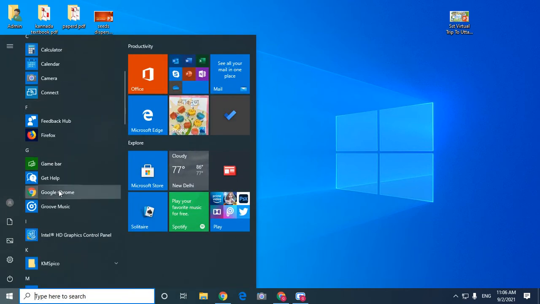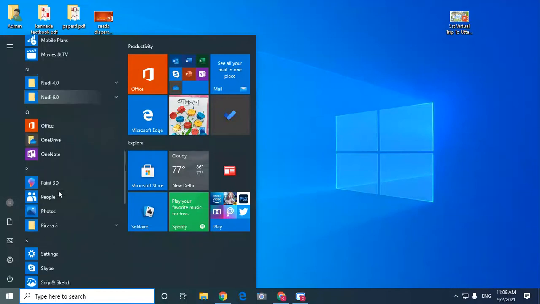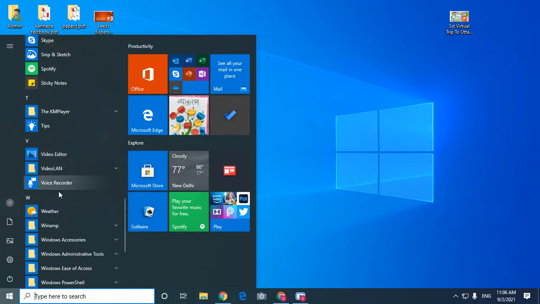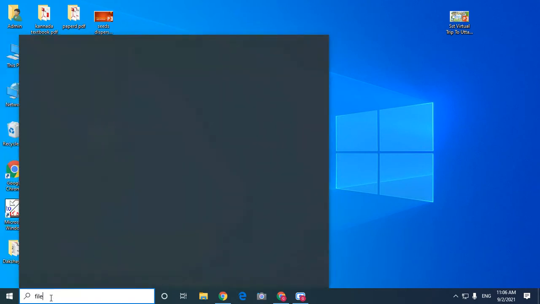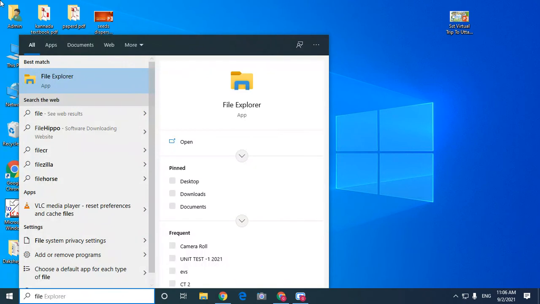Here you can search File Explorer, or else type File Explorer. This yellow color icon which you are able to see is called File Explorer. Even it is there on your taskbar.